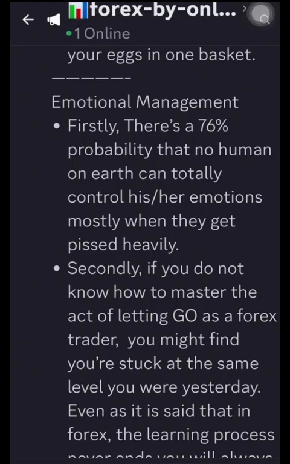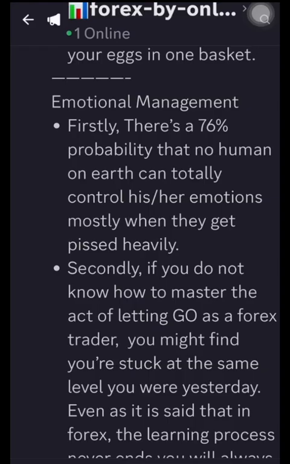But once you start getting those mindsets that I wish I had sold from here, that's still your journey. Focus on your own journey. Once you start getting those mindsets, you will know that when you see those opportunities next time, you will sell from that point or you buy from that. Eventually, you start getting it all of a sudden. You start getting it. So under emotional management, there's a 76% probability that no human on earth can totally control his or her emotion,